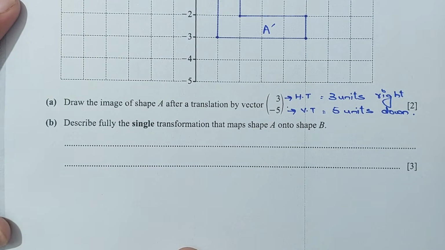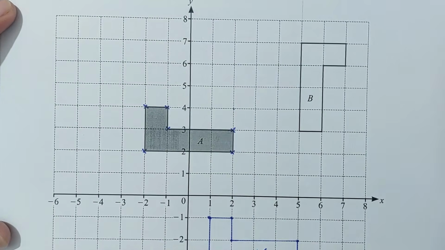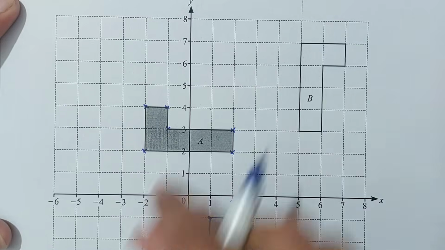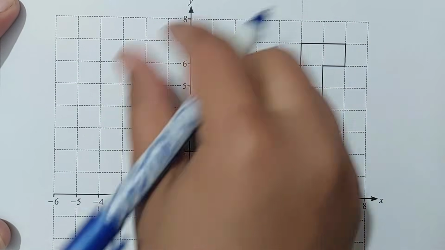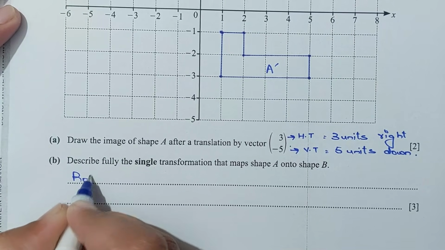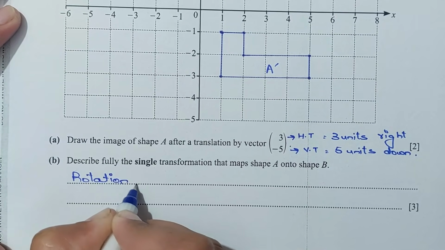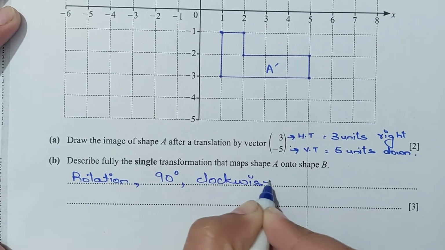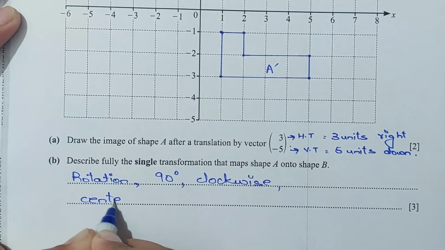Now for part B, describe fully the single transformation that maps shape A onto shape B. Okay, A to B. How do we map A to B? This is not a translation, not an enlargement, not even a reflection. It is a rotation, and the rotation is 90-degree clockwise. We have to find the center of rotation, right? So it is a rotation 90-degree clockwise, and the center of rotation is,